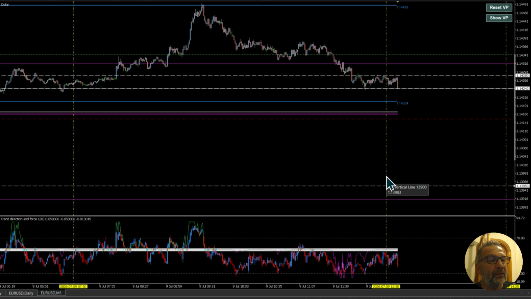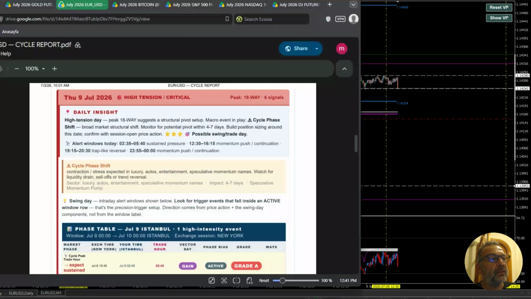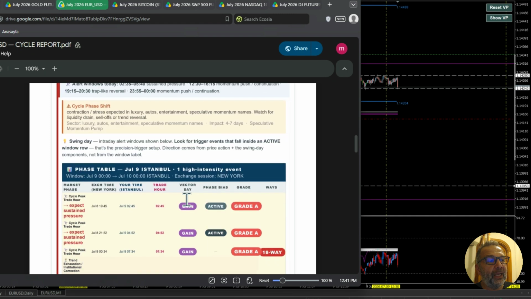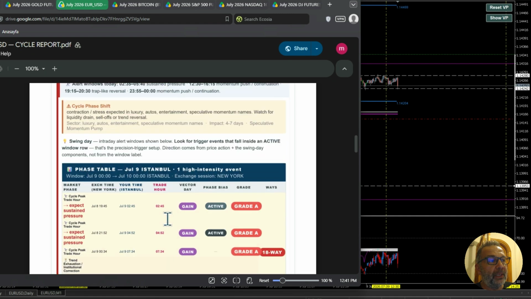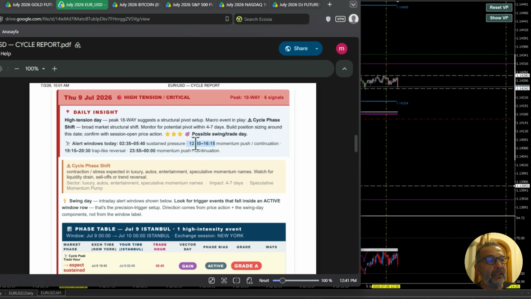The important thing here to understand is, once we have a plan for the day, once we know when the day is going to be active, what period is going to be highly likely to be volatile, with a momentum push. A momentum push can go either way, but in any case, knowing these things allows us to manage the trade better, even if we get it wrong. So I'm going to put this up now, and we'll see how it goes. And as you can see, it's all open and transparent, and we'll see how that pans out.